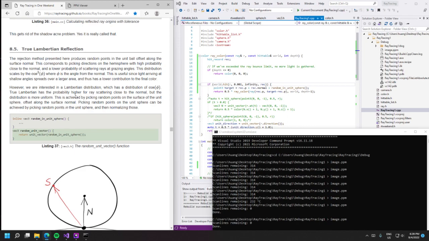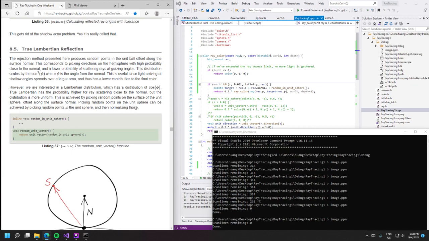Well, true Lambertian has the probability higher for any ray scattering close to the normal, but the distribution is more uniform. This is achieved by picking random points on the surface of the unit sphere, offset along the surface normal. Picking random points on the unit sphere can be achieved by picking random points in the unit sphere and then